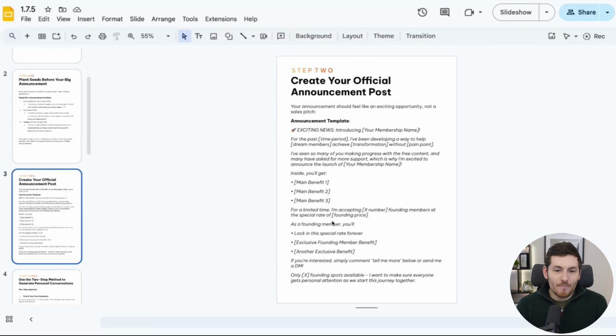And then for a limited time, I'm accepting X number of founding members at the special rate of whatever your founding price is. So I'm accepting 30 founding members at the special rate of $99 per month. And then we're going to tell them that they'll lock in that rate. So as a founding member, you'll lock in this special rate forever, and give them what other exclusive member bonuses they get. So maybe it's like you get a private extra group coaching call with me, or you get a one-on-one call, or you get a little goodie bag sent to you in the mail, or you get some kind of bonus module unlocked,